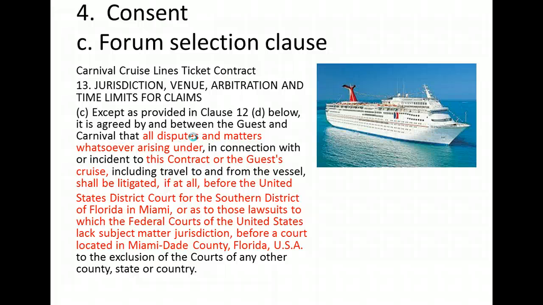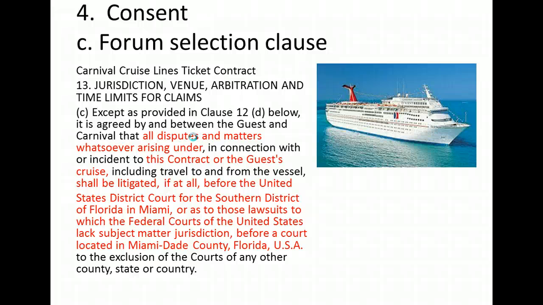So anytime you have the opportunity to have one of these contracts of adhesion forced upon you, I'm being a little bit sarcastic, it's likely to have something like a forum selection clause in it, such as this one from the Carnival Cruise Line's ticket contract. This is their current ticket contract,